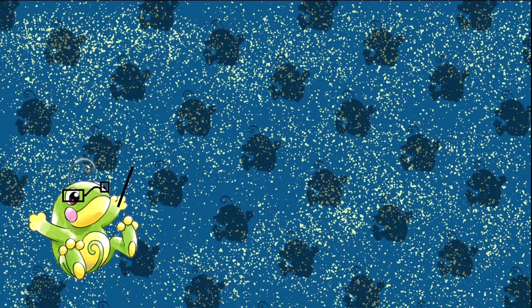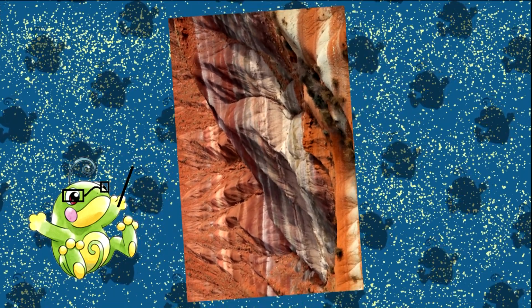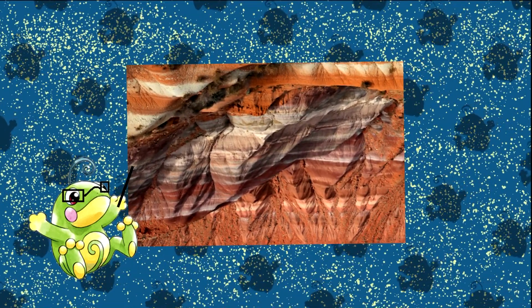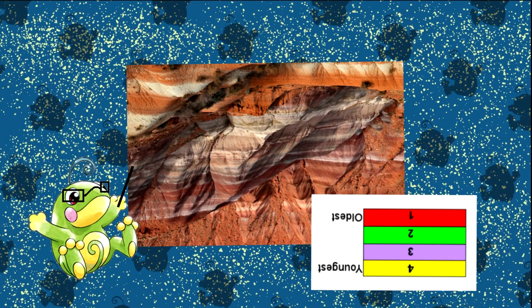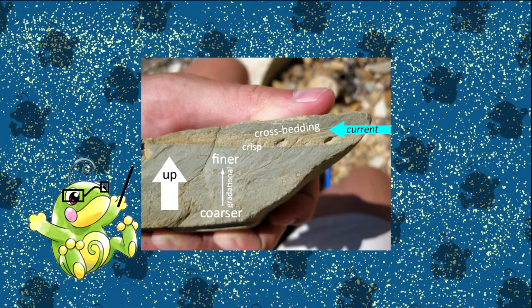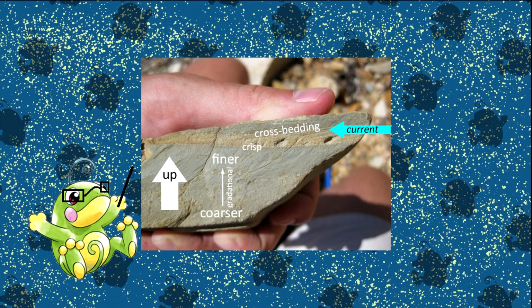Unfortunately, we don't live in a perfect world, so we can have cases where movement of rock has actually flipped these layers of sediments and caused the oldest layers of rock to be on top of the progressively younger layers. To check this, we can also look at the beds themselves to show the way up direction, in case it's